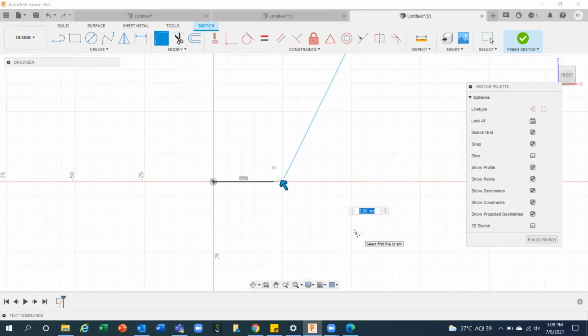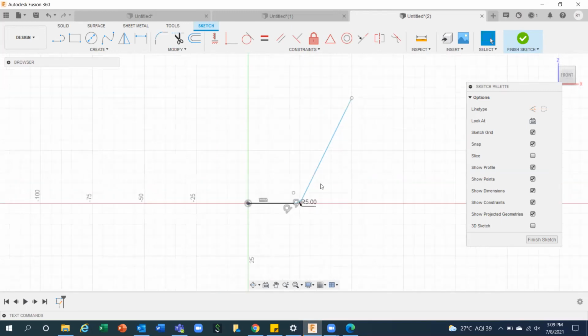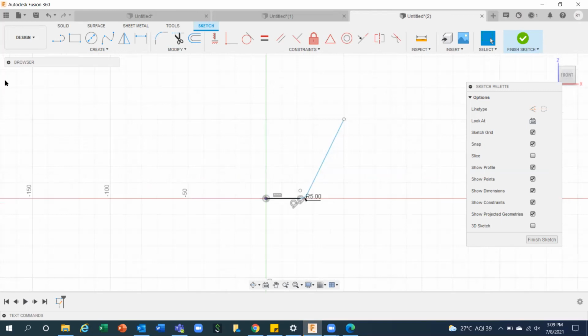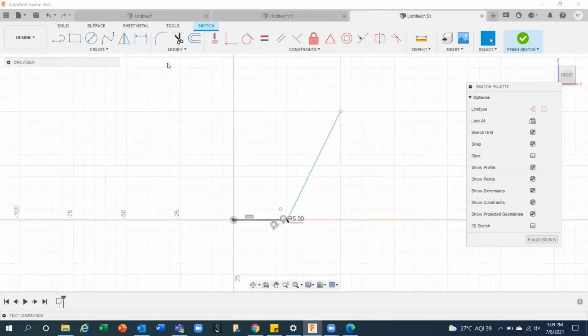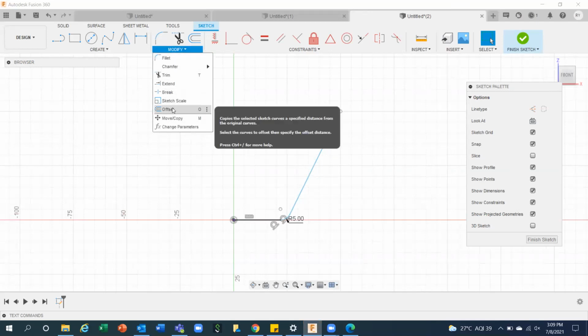Let it be 5 mm. It's okay. Yes, sir. It's rounded one, right? But since, as I already told you, this is the open curve, this is a single line, I cannot add material, right? So what you have to do is go for offset. You can go to the modification tool again. There is an option called offset.